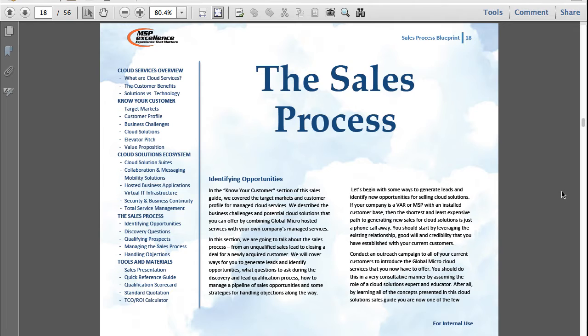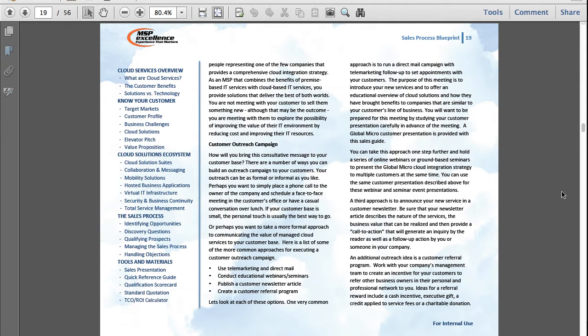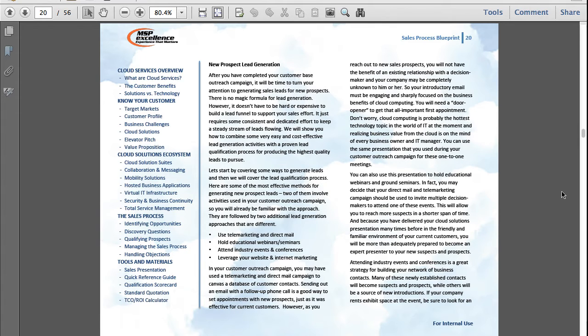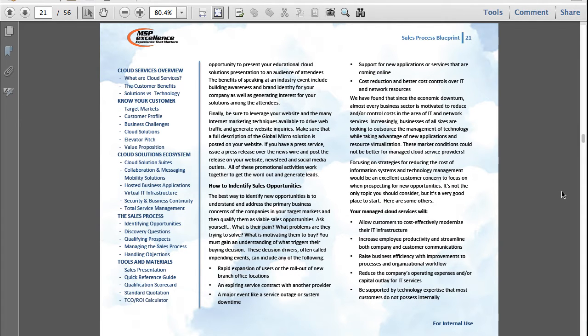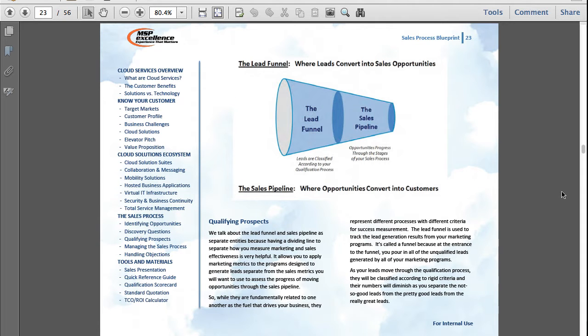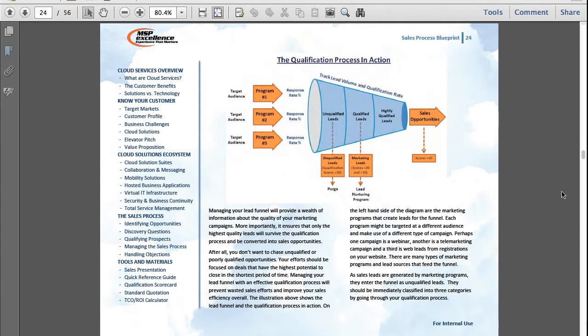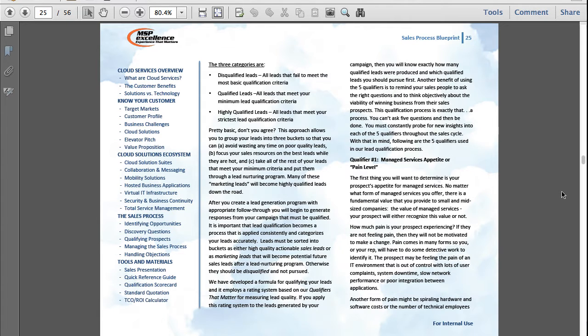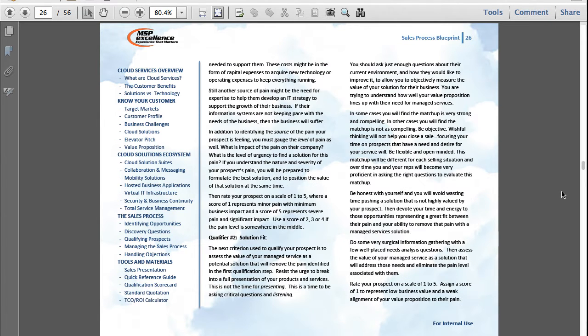And again, this is a 55-page sales guide that you can tune to the specific messages and solutions your business offers. But something we think is common to all variations of cloud solution selling is the best practices around the sales process. How do you go about generating leads with current customers or new prospect outreach? How do you ask the right discovery questions, manage your lead funnel, qualify your prospects according to a standard process,